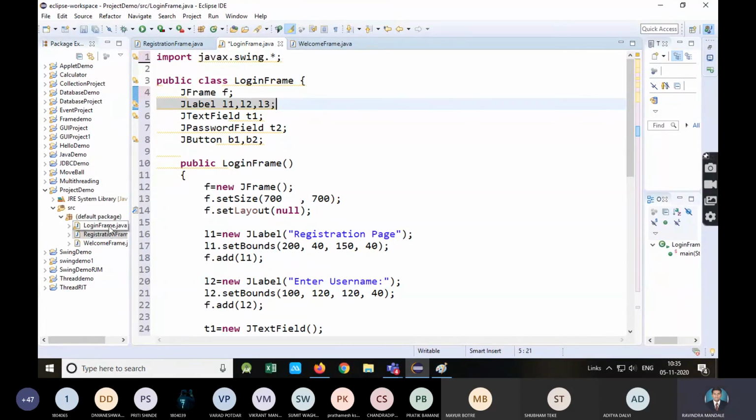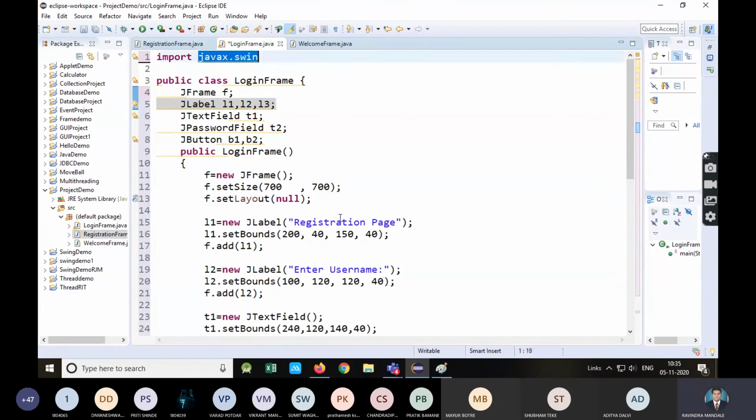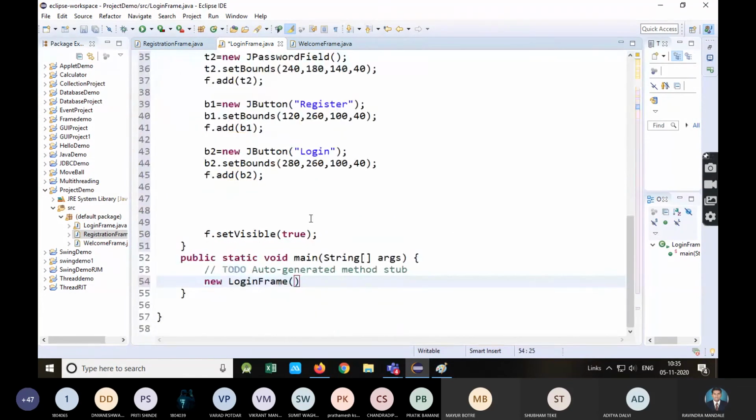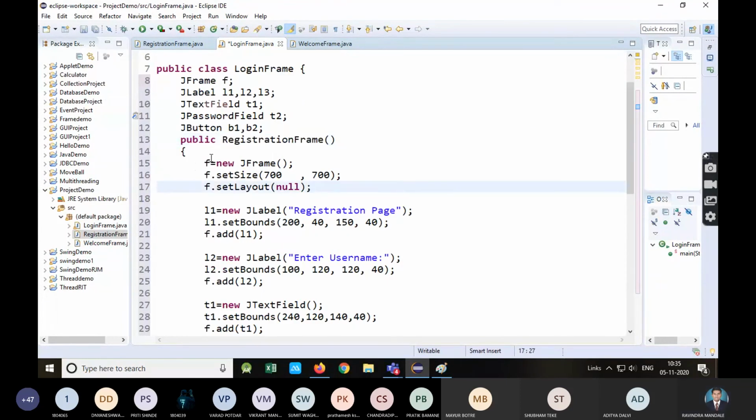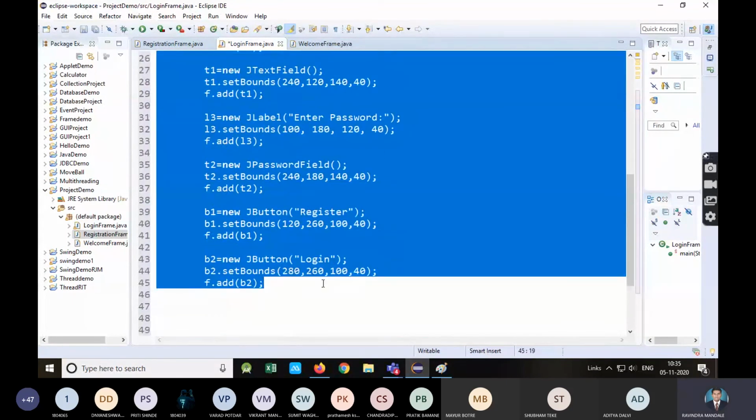Unable to survive. Just add this code first.